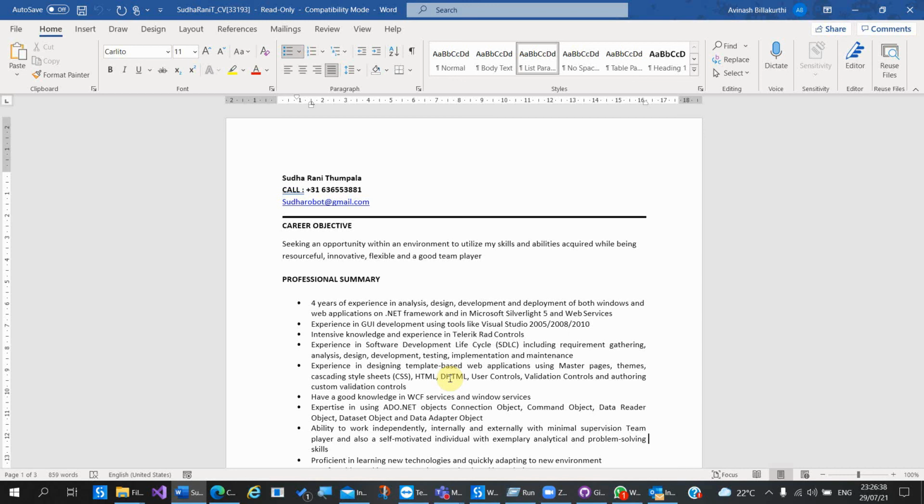So for how many years have you been working with RPA? I didn't have any experience in RPA. I just started learning. Now this answer can be: I have close to 6 months of experience in RPA, and while I developed a couple of projects, I dealt with publishing them as well.